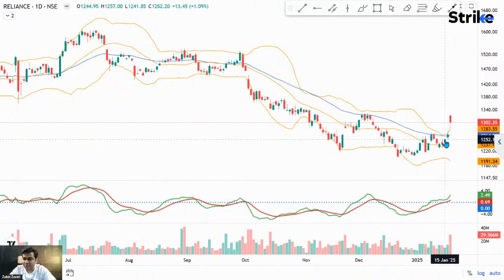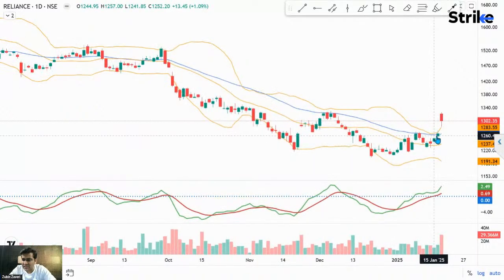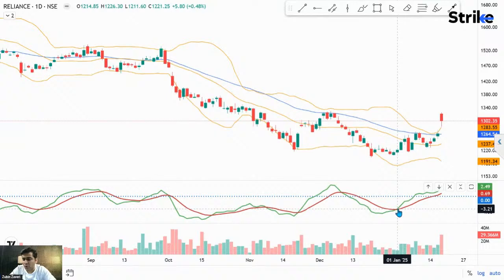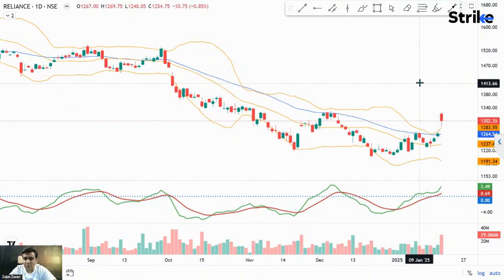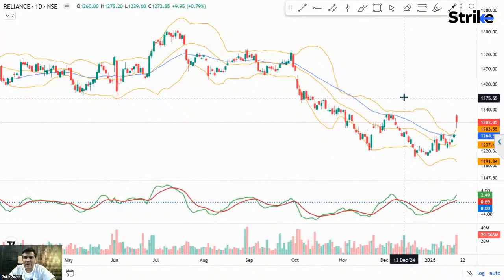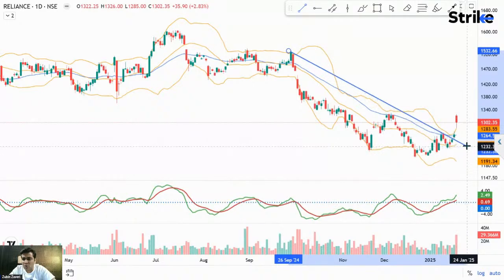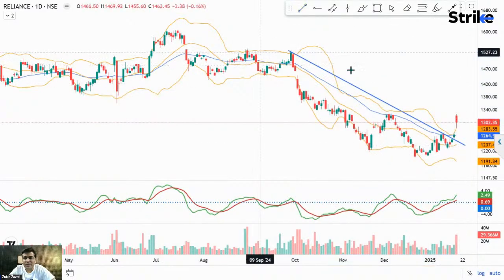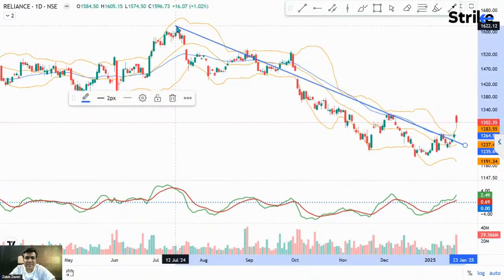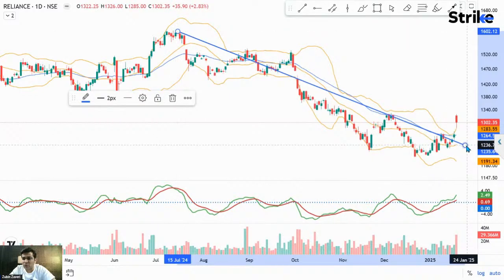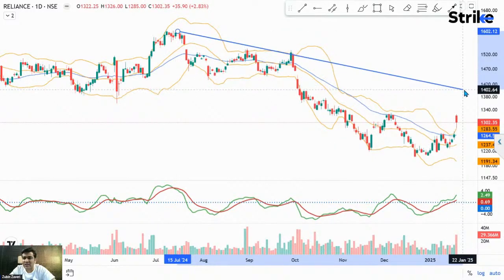Prices had on Thursday, that is 16th January, yesterday, it closed above its 40 EMA, and the RMI had given a buy signal long ago on 1st of January itself, right? And today we saw a nice gap up opening. Okay, and Reliance Industries has broken above this particular trend line, and maybe the next resistance level for Reliance would be at this trend line.